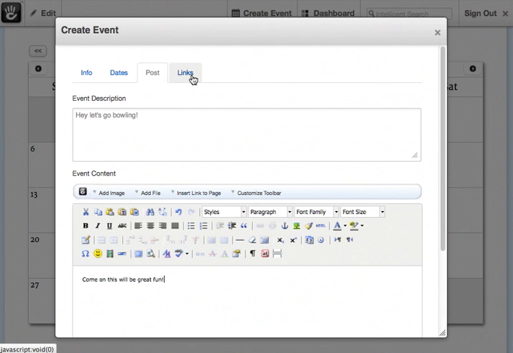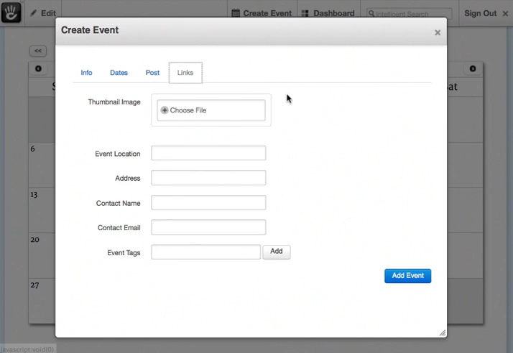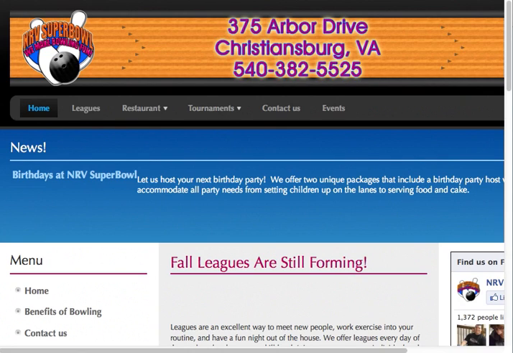Now then, we'll go over to the Links tab. And in certain calendar views, you can use a thumbnail image. With the full calendar view and with the events page view, it does not display the thumbnail image, so we'll just leave that blank for the time being. The event location. Let's go bowling at the New River Valley Super Bowl. That's where we'll go. And the address for the NRV Super Bowl, I checked in on their webpage. There it is, 375 Arbor Drive,